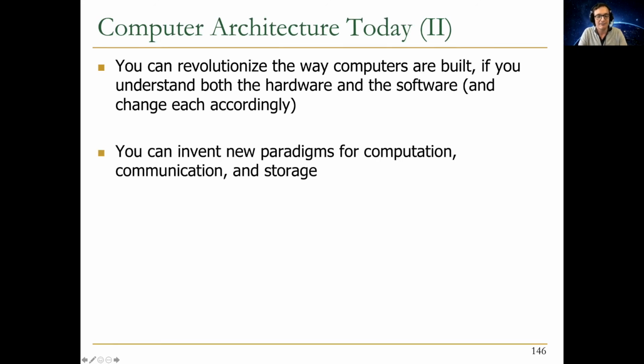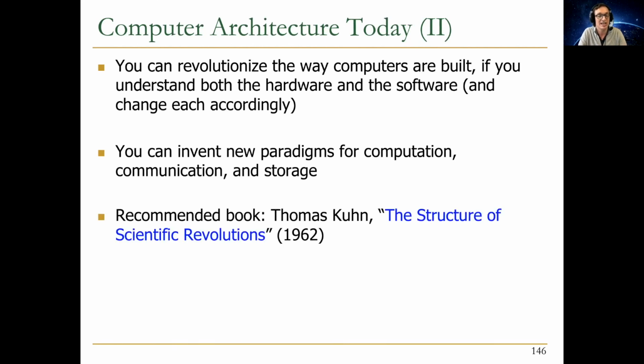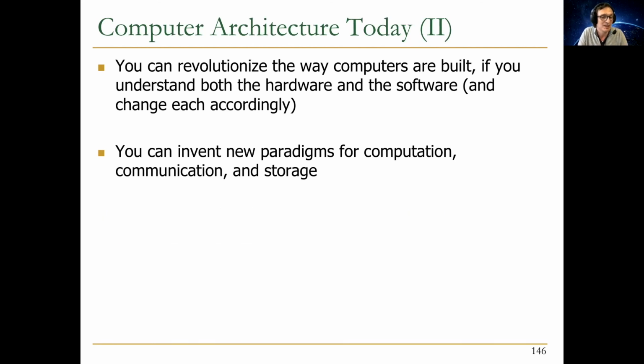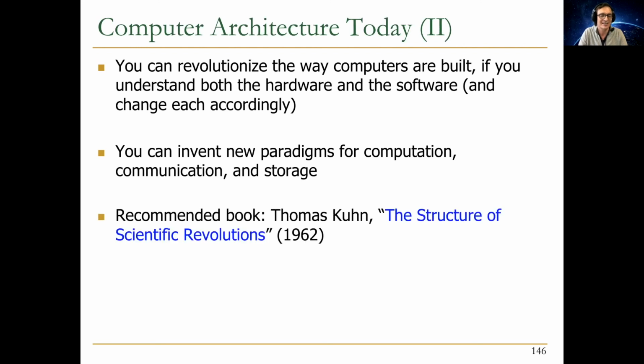You can really invent new paradigms for computation, communication, and storage, and this can enable really big changes in the field. And again, I recommend a lot of stuff in my lectures, as you can see. This is another book that I would recommend. It was written by Thomas Kuhn. It's a philosophy of science book. It covers a lot of scientific revolutions in physics, chemistry, astronomy, etc., and analyzes the structure of them. It basically says that